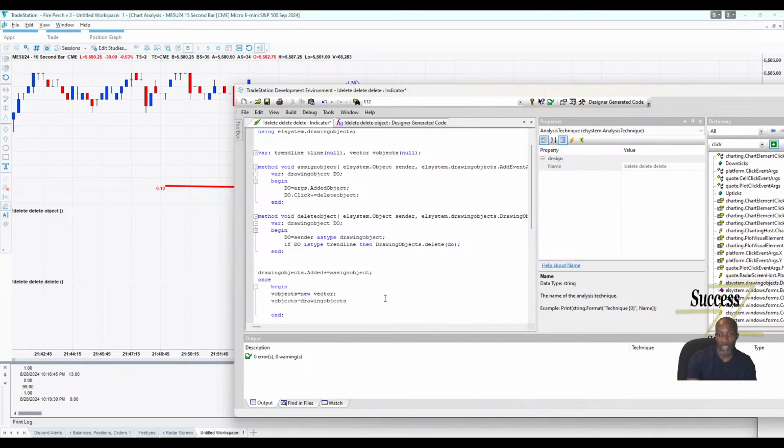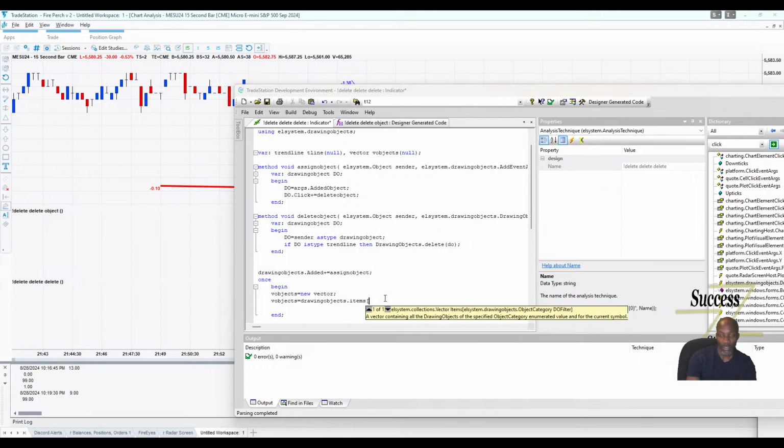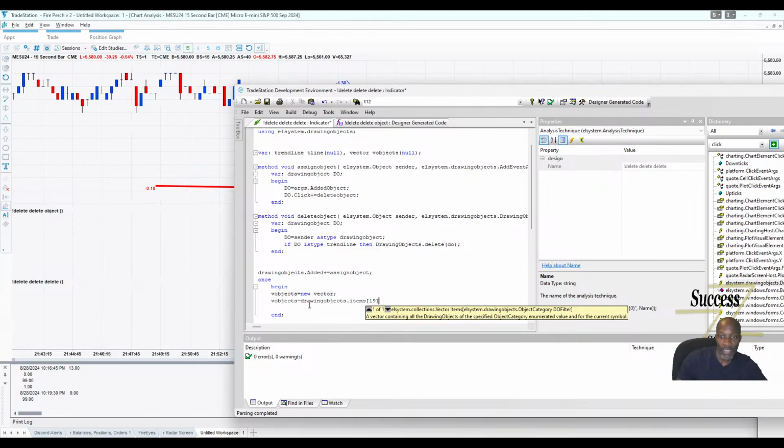So drawing objects dot items, and we'd say 19. I think we can just put the number. So we're going to assign everything that's in drawing objects, we're going to assign it all to v objects. Okay, and then once they're all assigned to v objects,